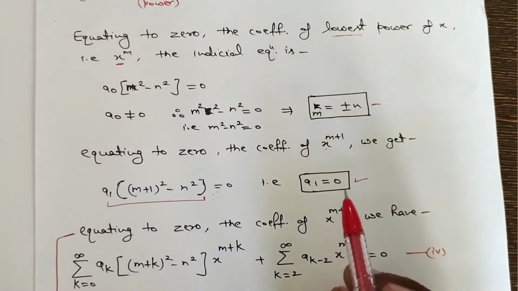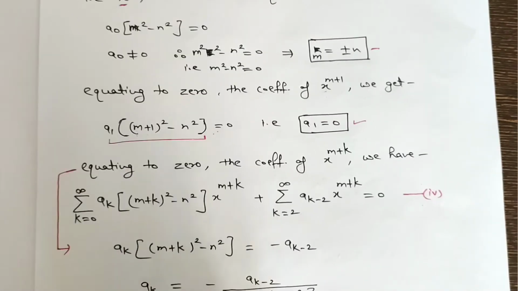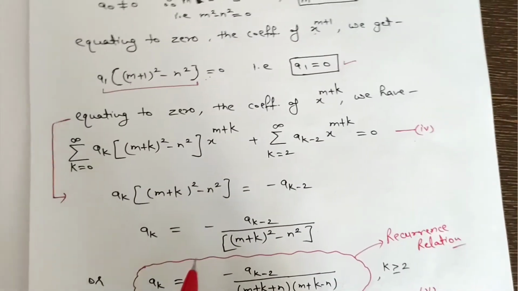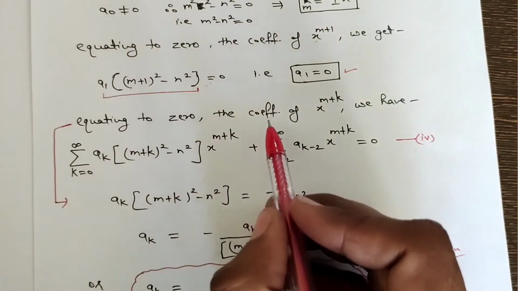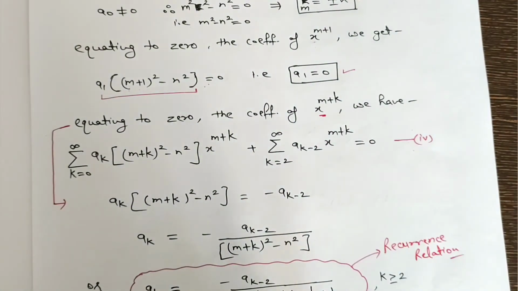So the odd coefficient, the first odd coefficient, that is a1, comes out to be 0. So in the next step we will equate the coefficient of x raised to power m plus k. To equate the coefficient of x raised to power m plus k,